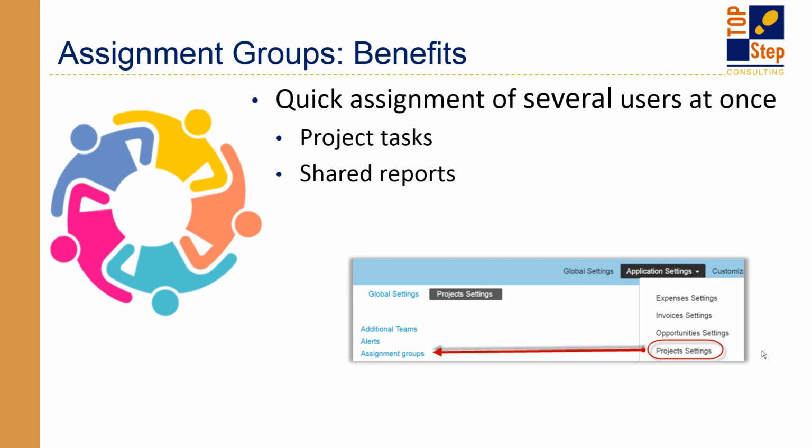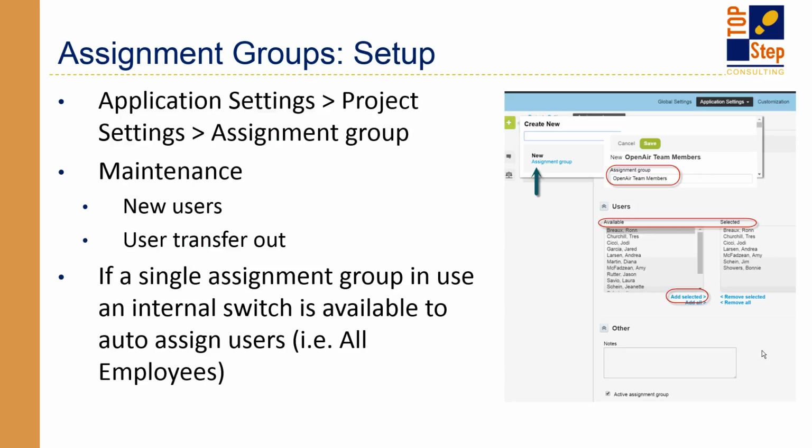Assignment groups. Assignment groups are another great way to bulk select several users at once. Assignment groups are specific to both project task assignments and when sharing reports. At the base level, these assignment groups are all set up in the administration module under application settings and then project settings. Here, you can set up the shell of an assignment group, for example, all employees, or you can